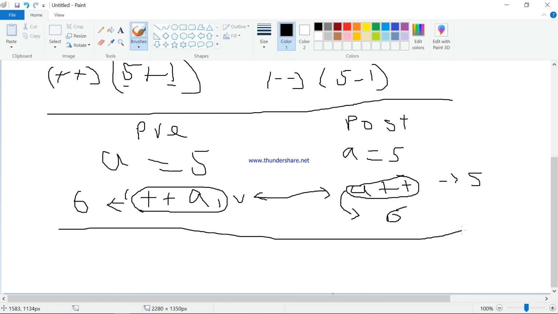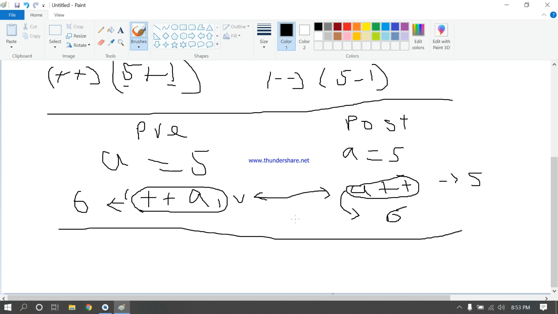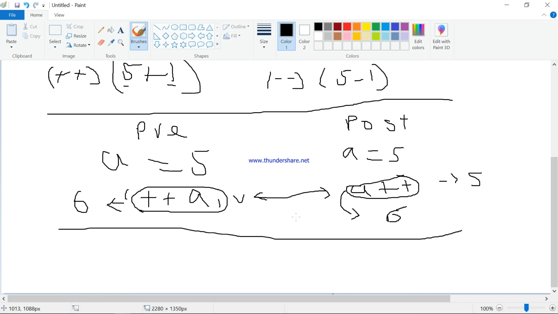So simply, increment means increase by 1 and decrement means decrease by 1. And pre means the change will happen on the same line when you use the increment or decrement operator. And post means the result of the operator will be on the next line.